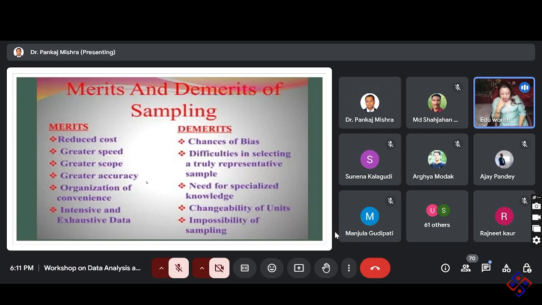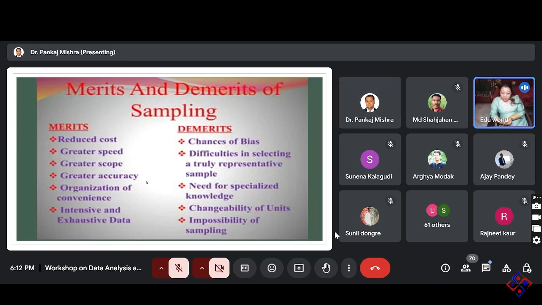So for that only, we need to reduce the cost. We get a greater result, and we can even say that we get intensive and in-depth data. But many times, as researchers, we always have some ifs and buts, and we are bounded by biasness. As a researcher we must keep ourselves unbiased, but for getting a good result we want that my study should get this result, so that's why we become biased.